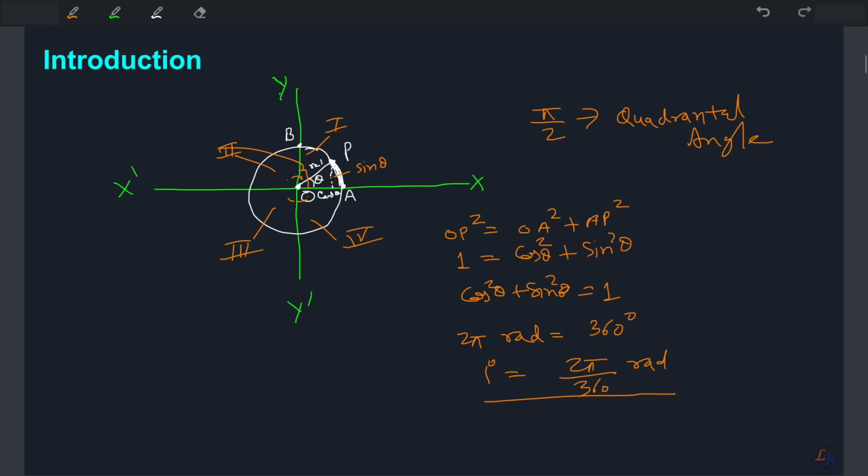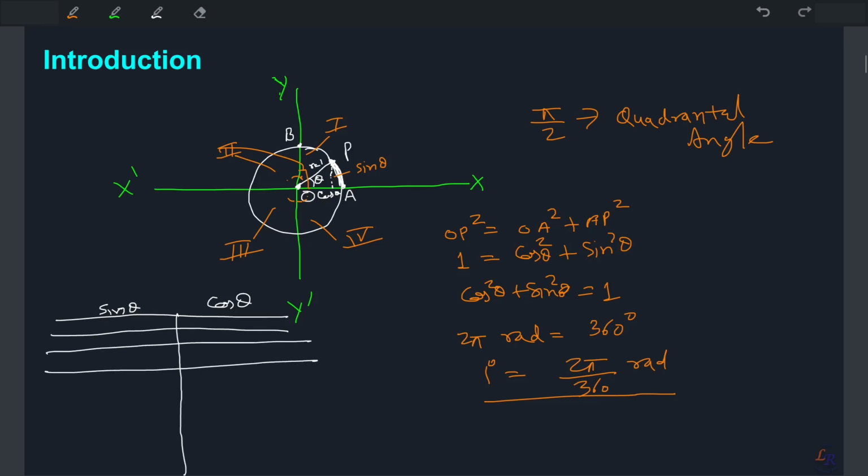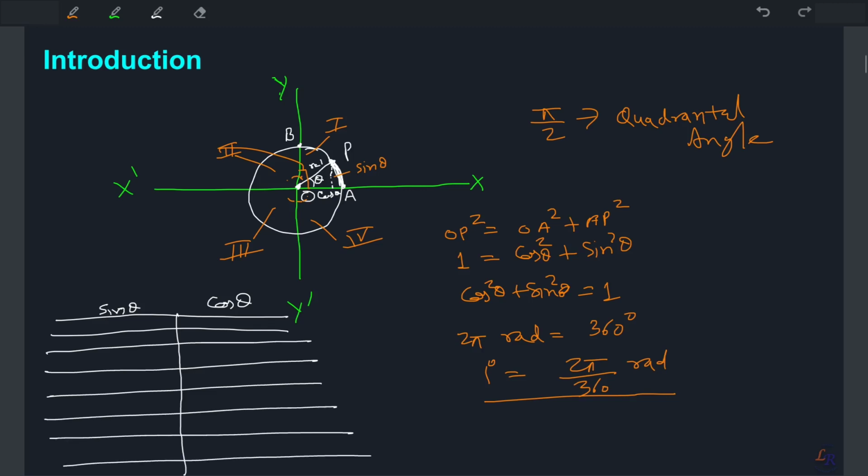Also you would see some properties which you may like to see. For example, let me make a division here and see what all important points we can see about sin theta, and this is about cos theta. Let me make some pre-made columns, so we'll have all the space which we just have to fill.